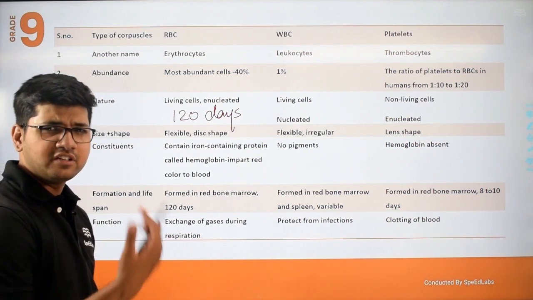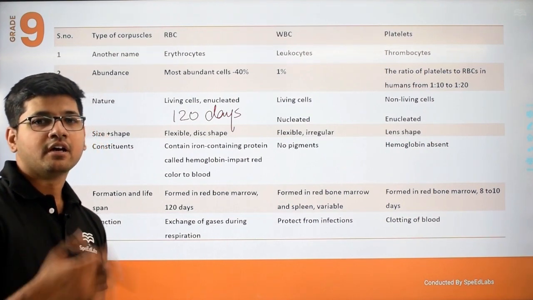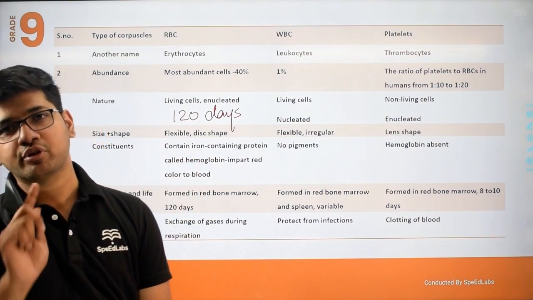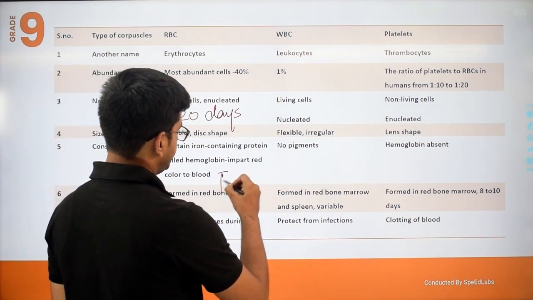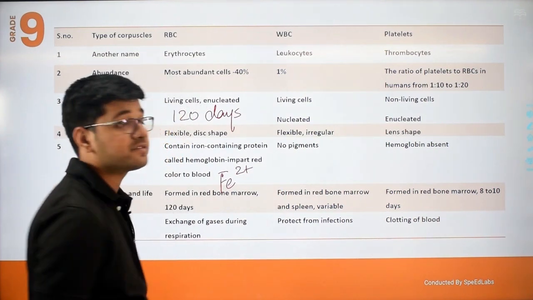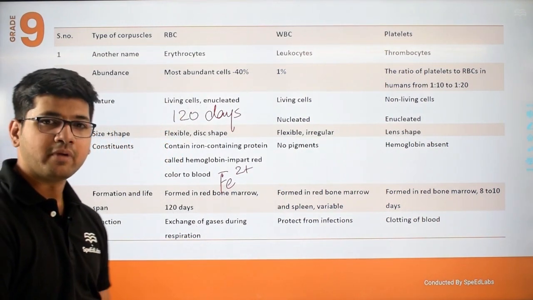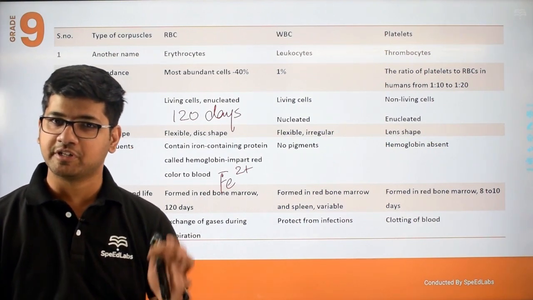They are flexible, dish-shaped, discoid cells that contain an iron-containing protein called hemoglobin. Hemoglobin's main component is the heme iron part, mainly Fe2+, which gives it the red color. It is formed in red bone marrow, has a 120 days lifespan, and